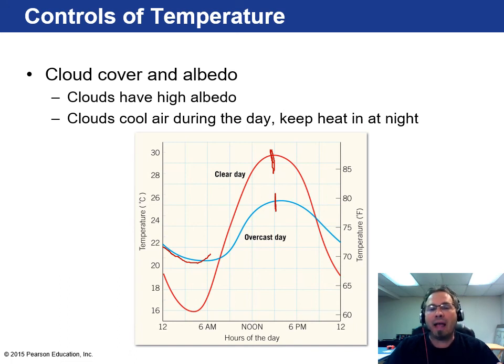And the other thing with that is clouds, when you have that overcast day, especially in the winter, this plays a huge role in the winter. If you have a cloudy night, you have a tendency to have it not be as cold. Now, if you have a clear night in the winter, that's typically when you get the coldest temperatures because all of that energy is just being released back out into space.